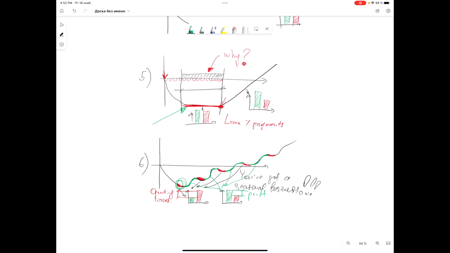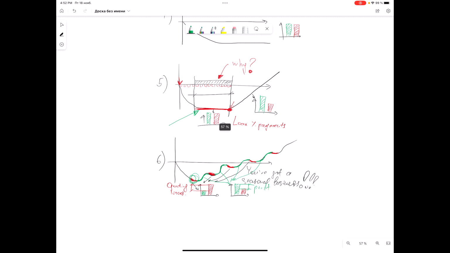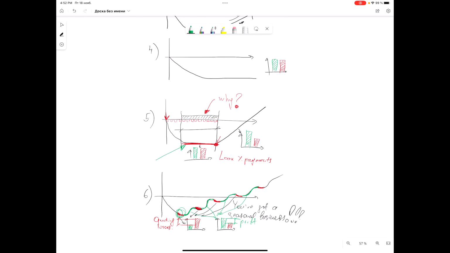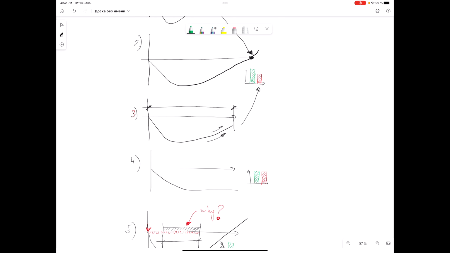So the payback period diagram can show you a lot of valuable information, and I hope you enjoyed this